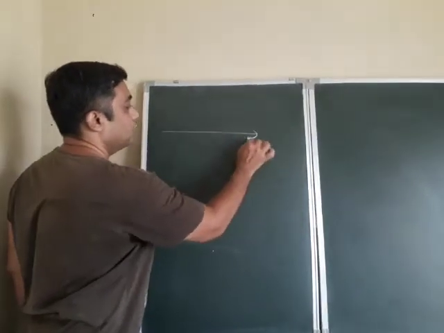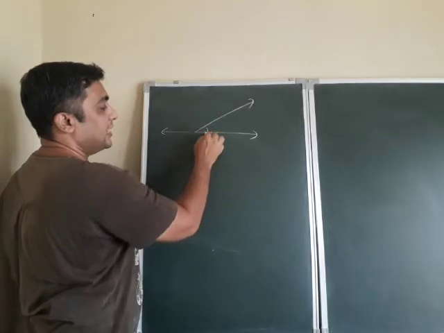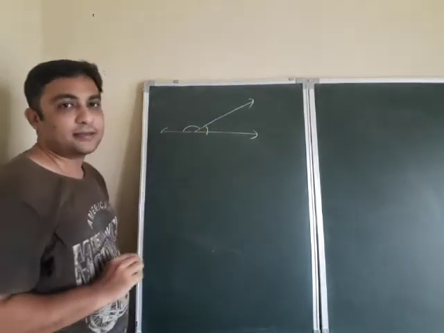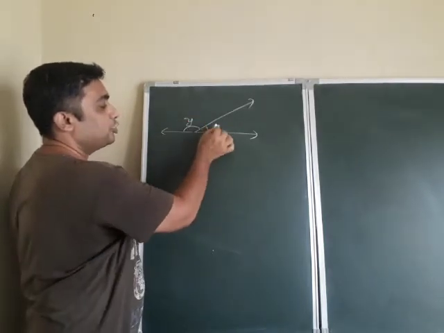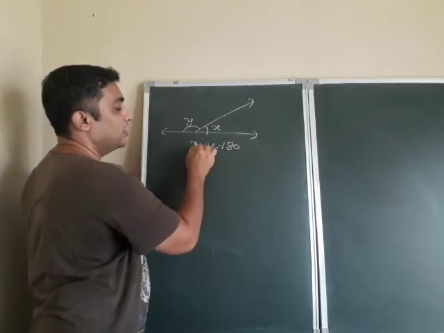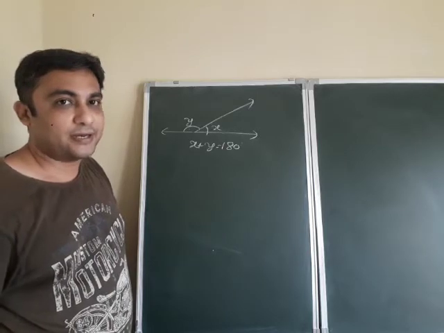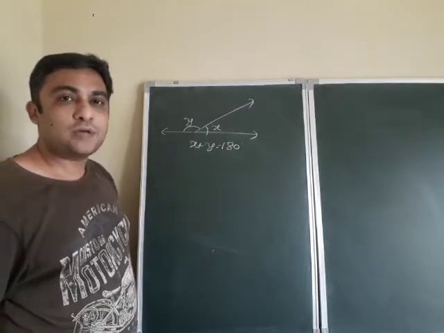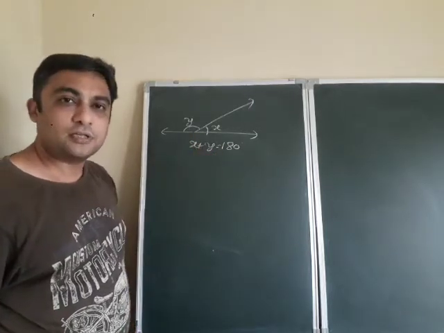If we see the geometrical figure, see here, this angle and this angle, both angles are called supplementary angles. Supplementary angles means this angle is x and this angle is y, so the summation of both angles, x plus y, becomes 180 degrees. Am I right? This is the introduction about supplementary angles. Complementary angles means the summation is equal to 90 degrees. Supplementary means the summation becomes 180 degrees.